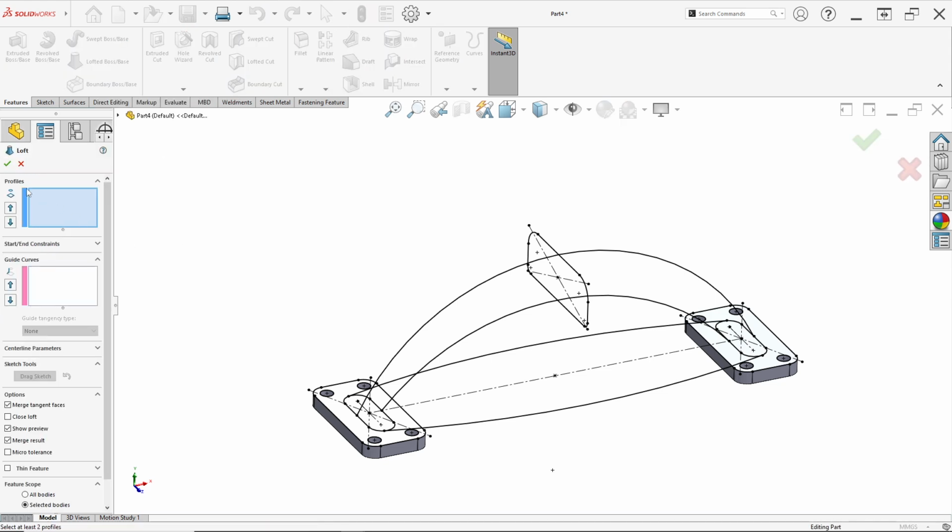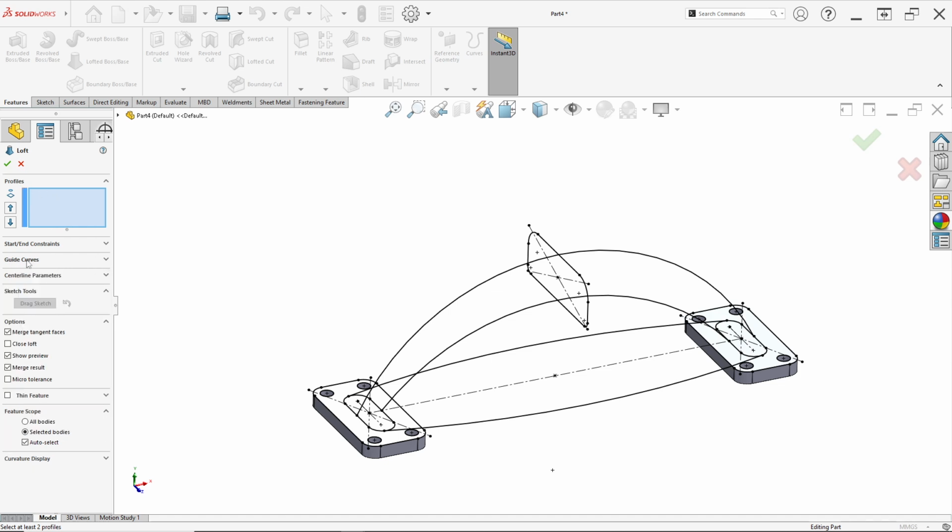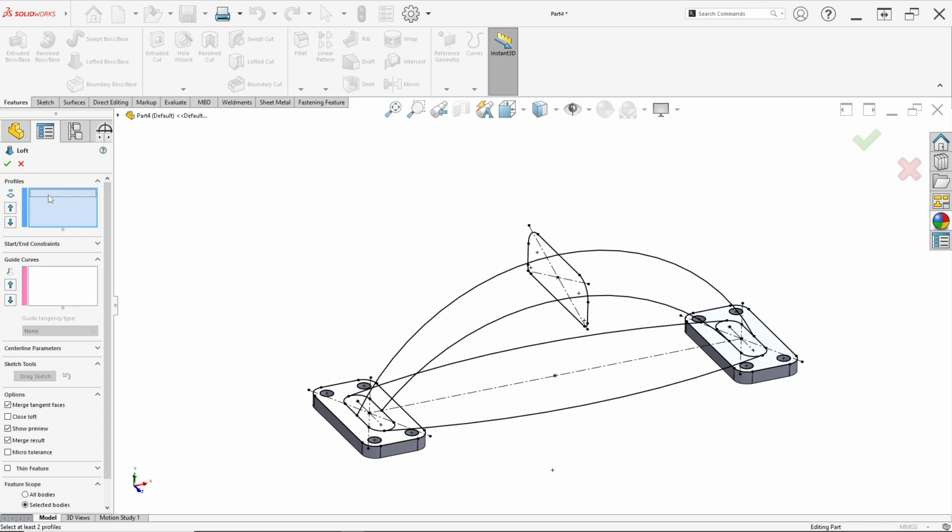And in here you can see the menu on the left is profile and guide curve. For the top profile, right click with your mouse and click selection manager. First ensure you select closed loop.